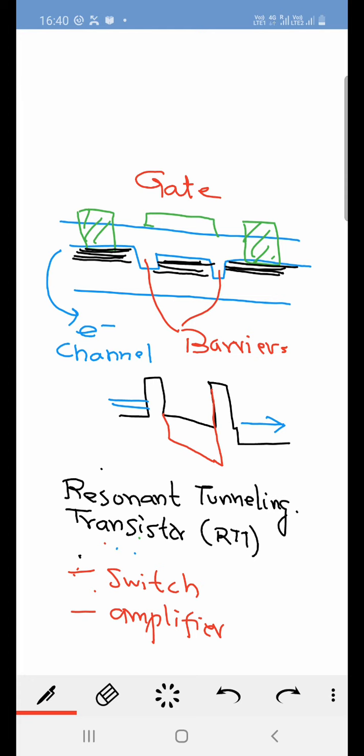Actually, these nanometer scale quantum effect devices can have switching operations that are superior to those of MOSFETs, and can have multiple on and off states associated with multiple discrete quantum levels inside the potential well, if these levels are widely spaced enough. These multiple on and off states are illustrated in this, for example,